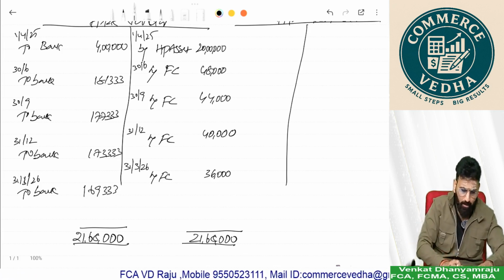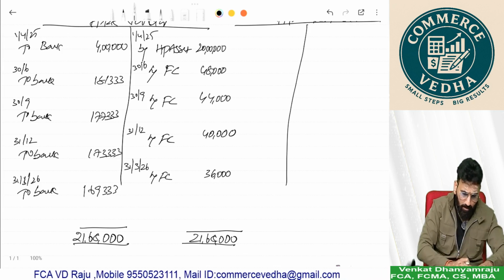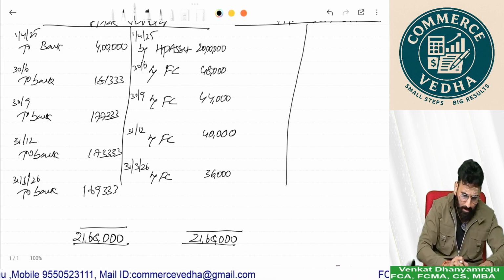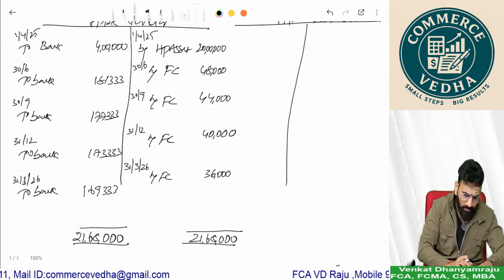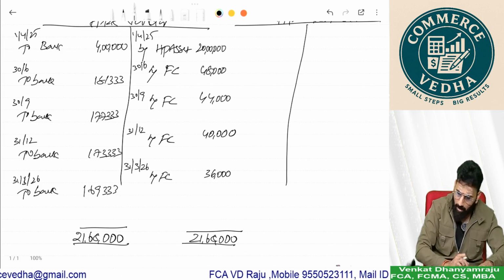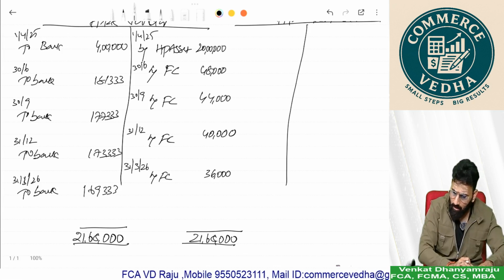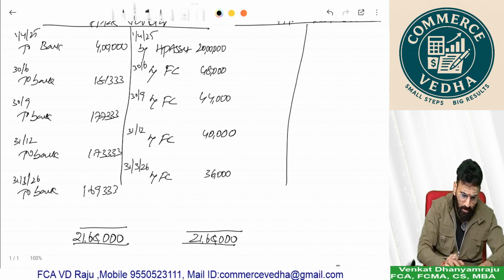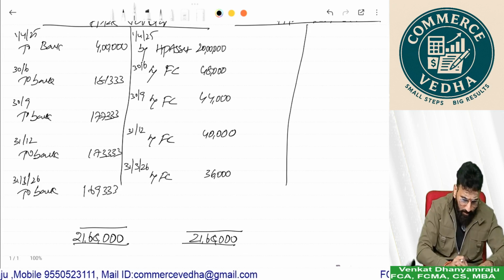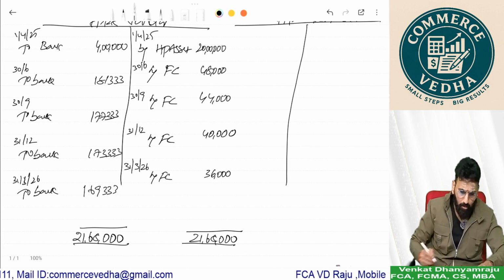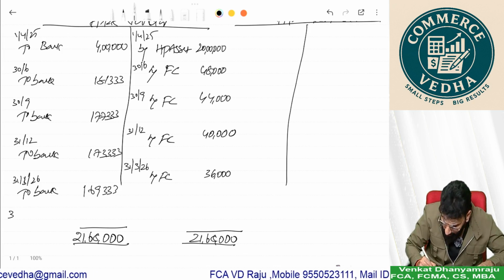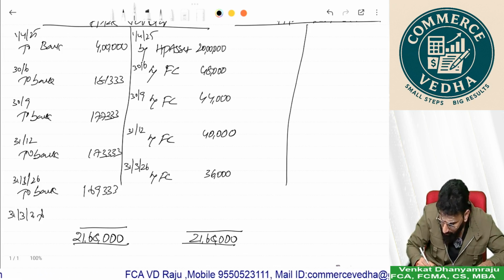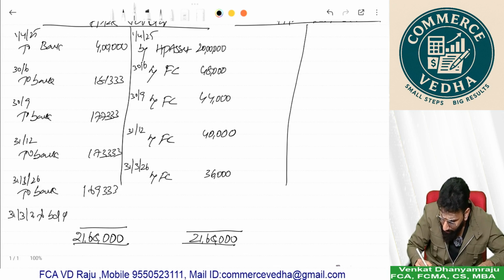And how much you paid? 4 lakhs, 181,333, 177,333, 173,333, 169,333. So the balance is